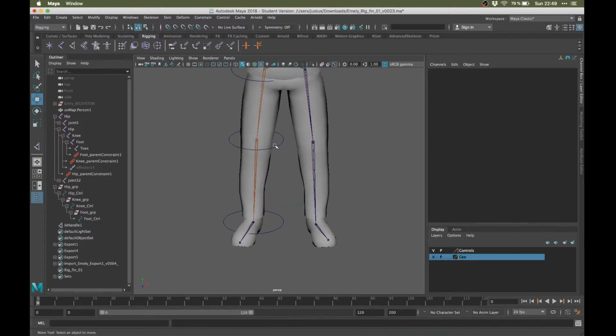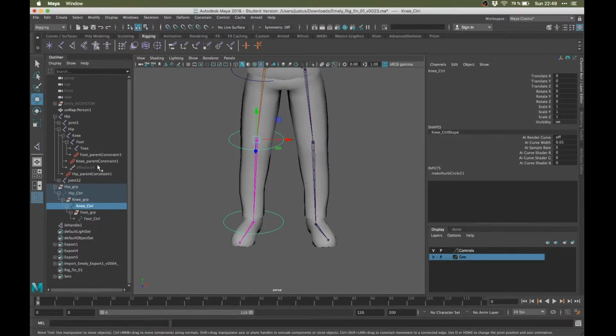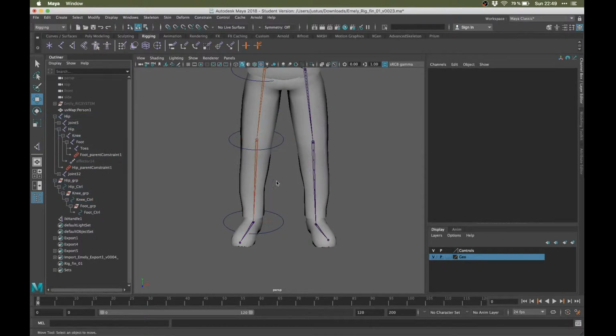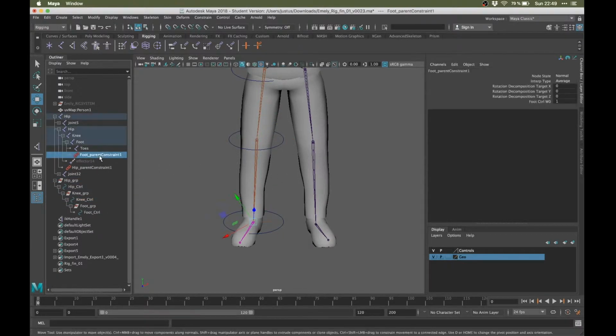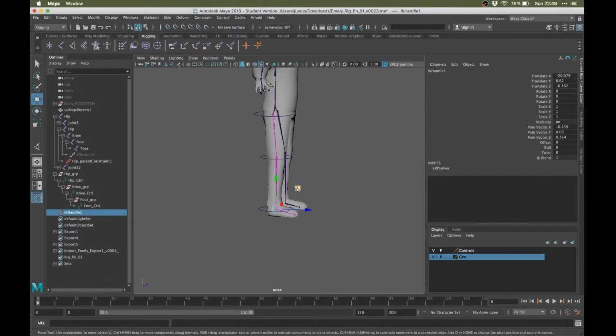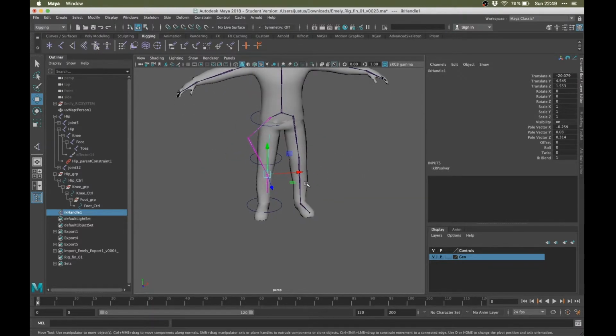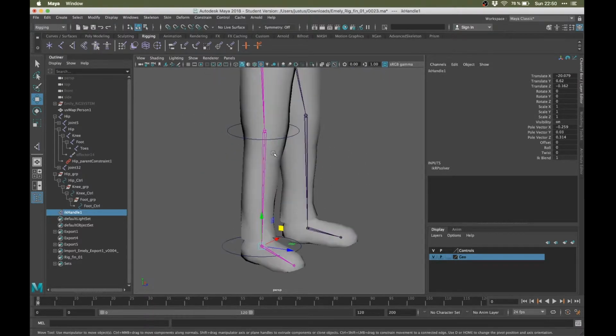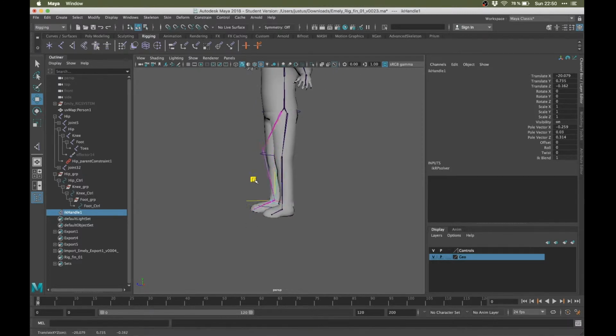So what I'm going to do is delete that parent constraint from the knee, and I'm going to select the parent constraint from the foot. And now it should work. By the way, if it is like this, and the knee bends in an awkward position,